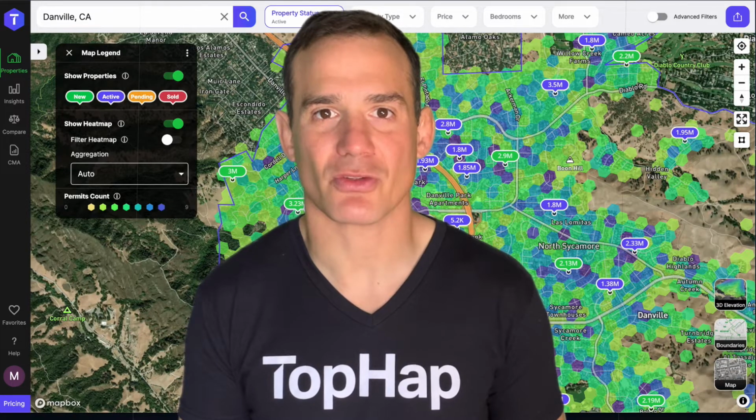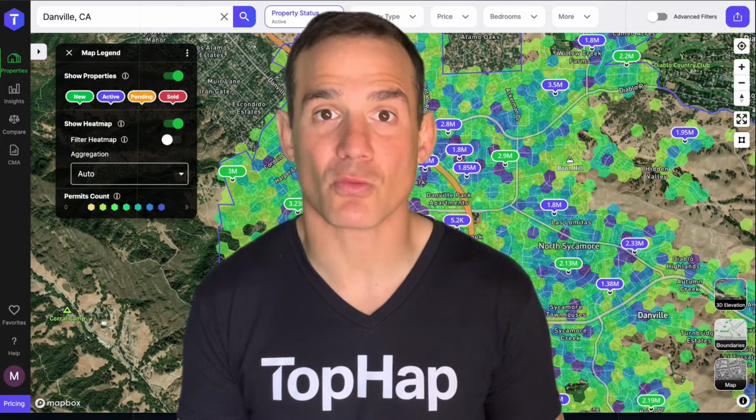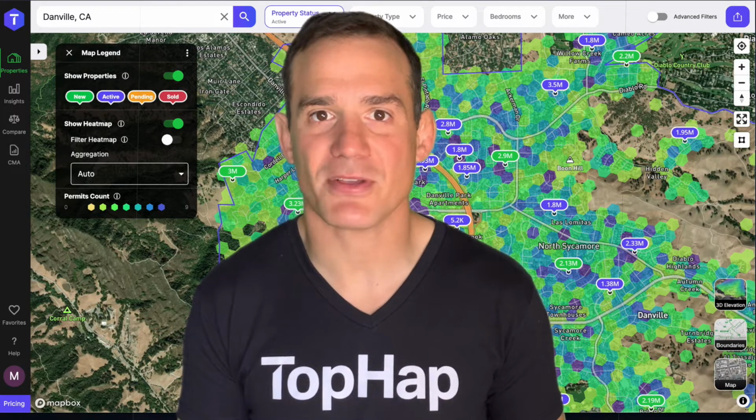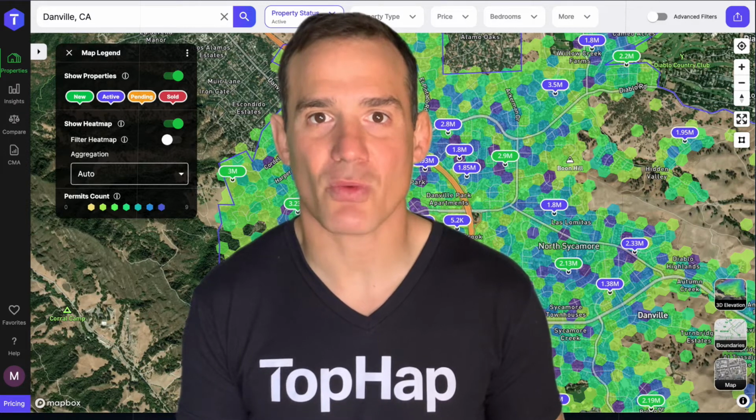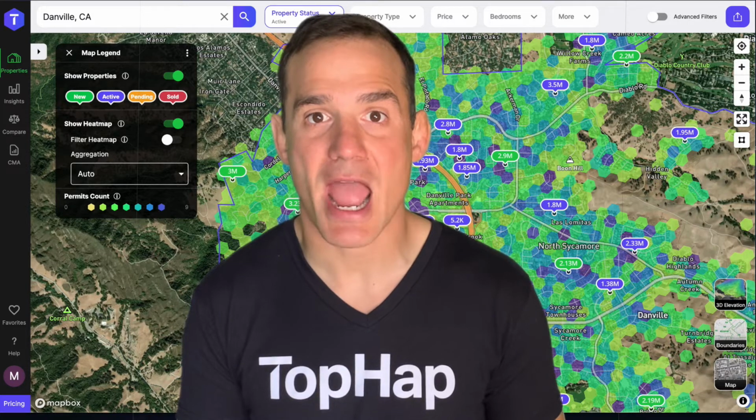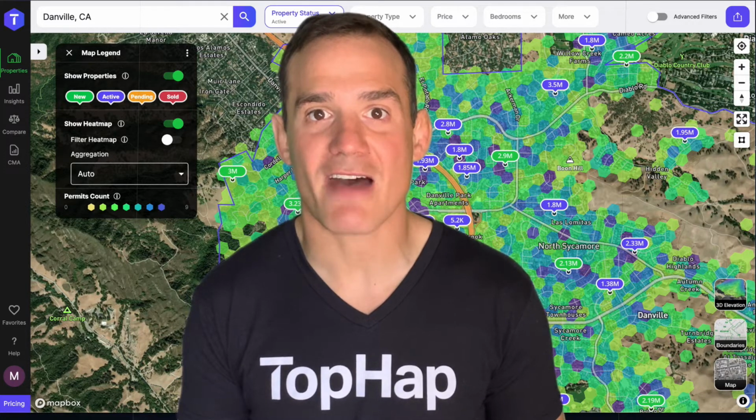Today we're talking about rentals. Finding a rental that has the appropriate rental value versus cost is really tricky for a lot of people. And most of the time it's just guesswork. You have to know the area really well to know what it would probably rent for. But TopHap has an awesome feature to help you identify areas in a broad region that have better ratios than